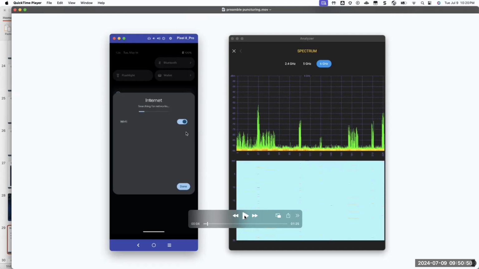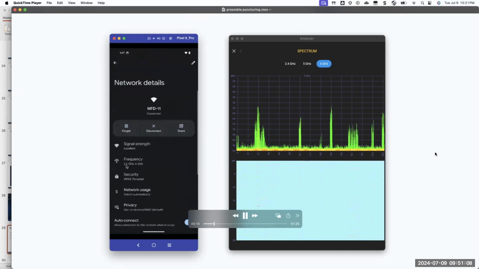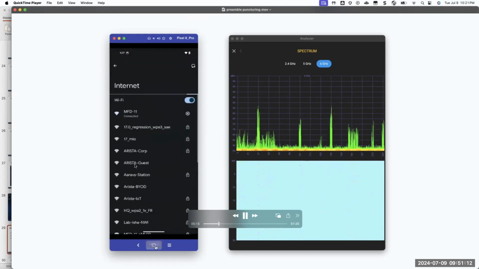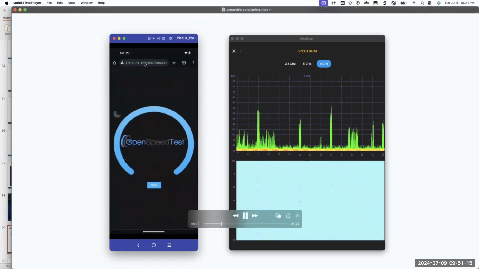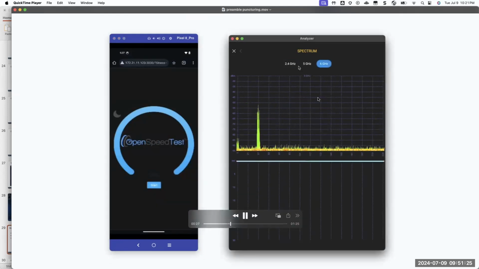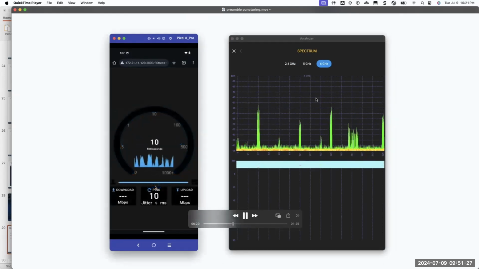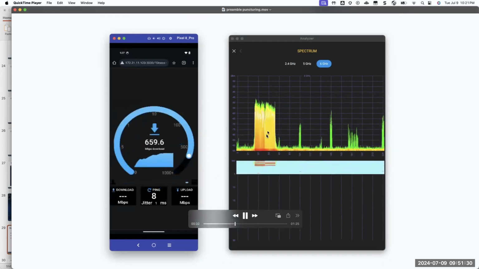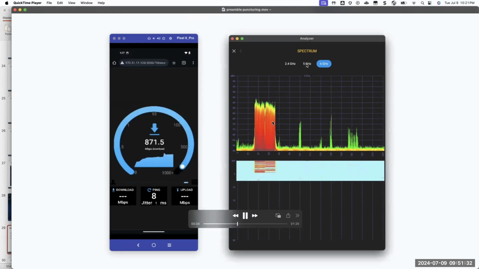Sure. So moving on to the last demo, where we wanted to show the preamble puncturing. In this demo, we will be associating to an SSID that has 2.4 and 6, which is STR MLMR, and we will run the same test, the speed test. Before running that, we see there is not much energy on 5, 6 and 2.4 as well. And then when we ran the test, now the energy would get seen on the 6 gigahertz. And now